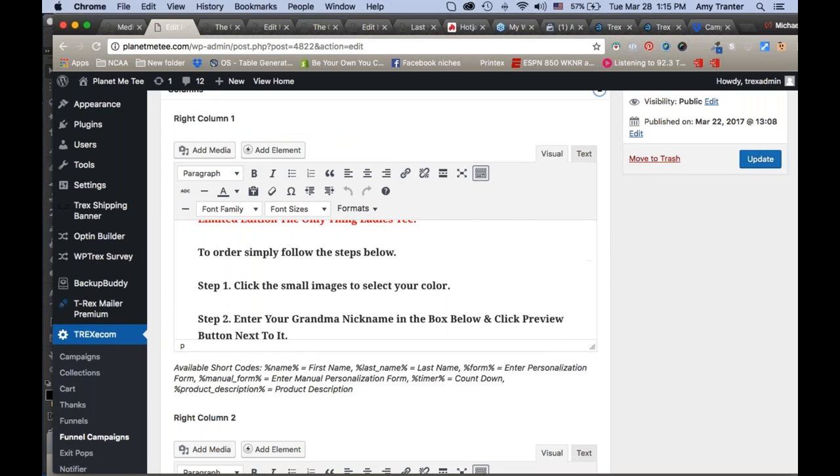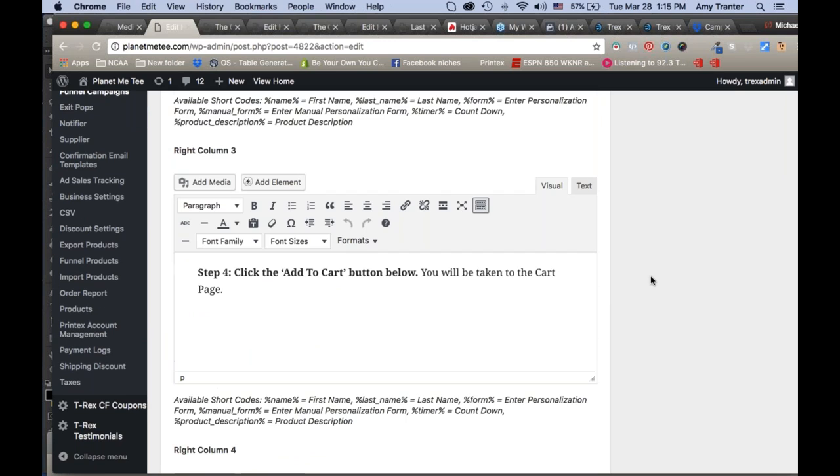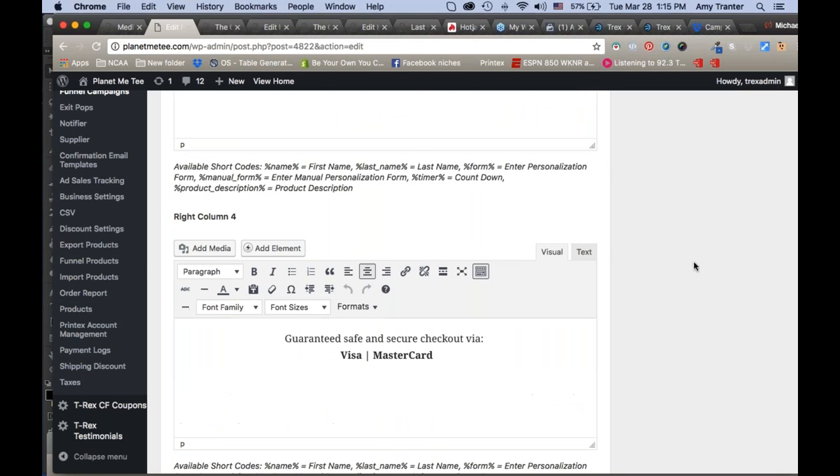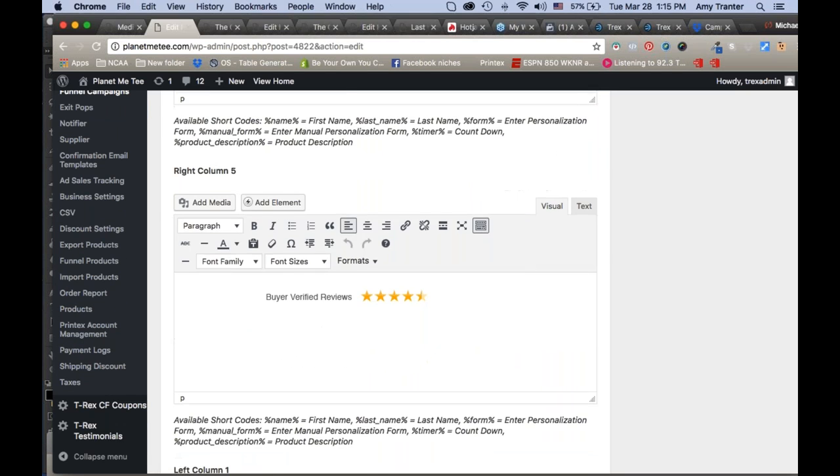So then we're kind of moving down. In right column 2, I don't have anything. In right column 3, we actually have step 4. If you look over here, step 4 is actually underneath step 3. Now, we did explain this in the funnel training videos, but I wanted to emphasize how I changed this. Normally, we just had step 3. What we ended up doing to make it a little bit easier and less confusing on the page, and I'll come back to step 4, we made step 3